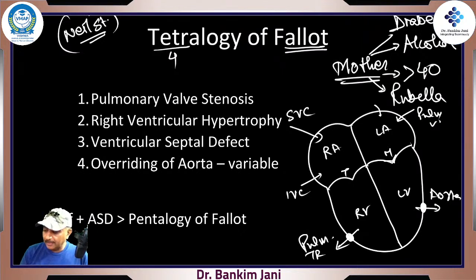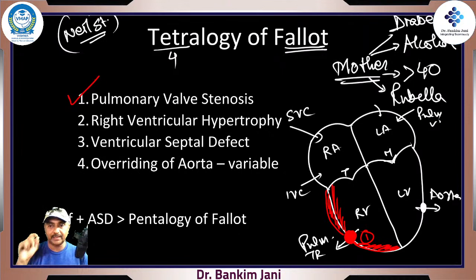Now let's change the color and start drawing. Pulmonary valve stenosis, which is immediately recognized. So we name it 1. Done. Right ventricular hypertrophy: this right ventricle is hypertrophied, so let's draw it like this. You remember, in ventricular hypertrophy the ventricles hypertrophy while the atria enlarge; atria are thin walled, the right ventricle is thick walled. When we talked about the ECG,